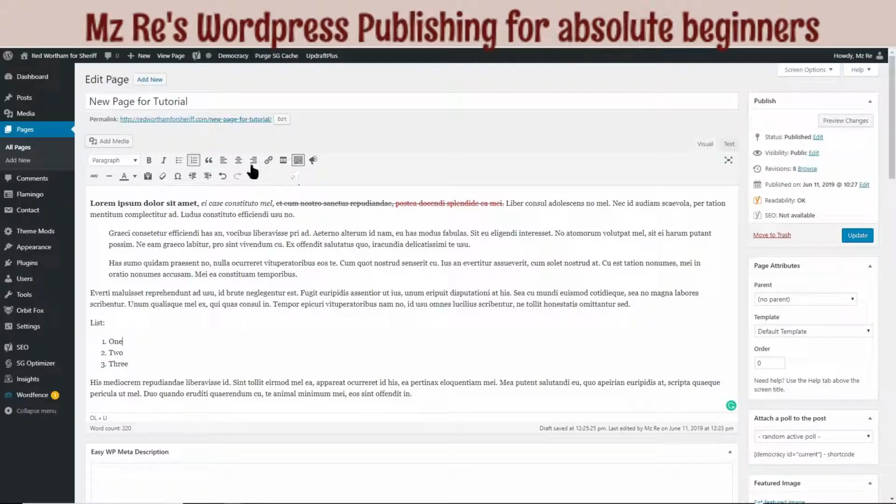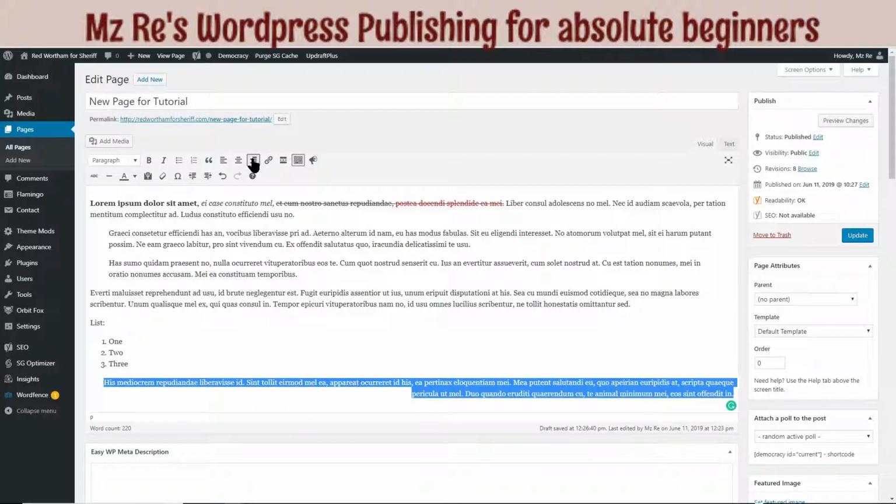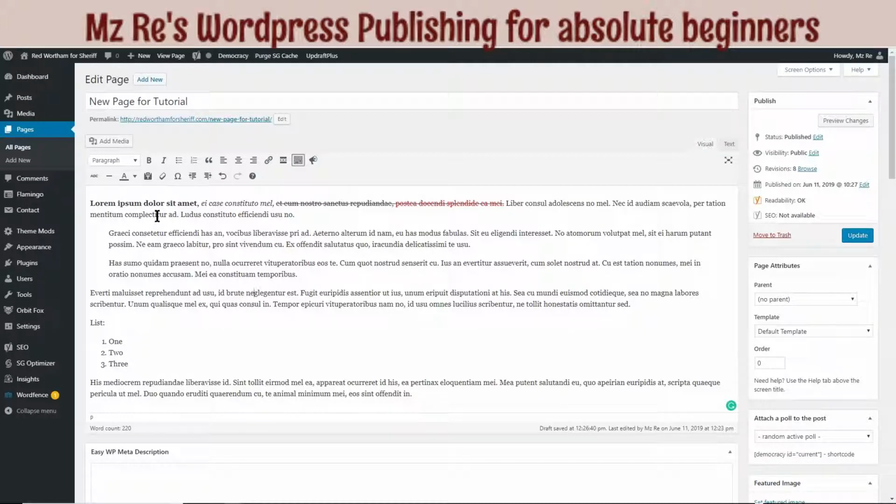Let's see, anything else we can do right now? Oh, yes. We can change whether our text is aligned to the left, which is default, or centered, or aligned to the right. Let's put that back to the left. The rest just looks silly right now. And I think that's good for right now. We'll talk about other things we can do in another video. Let's update our page